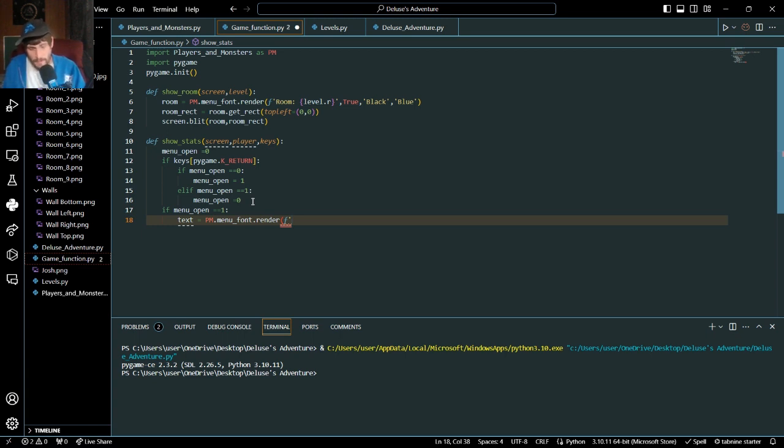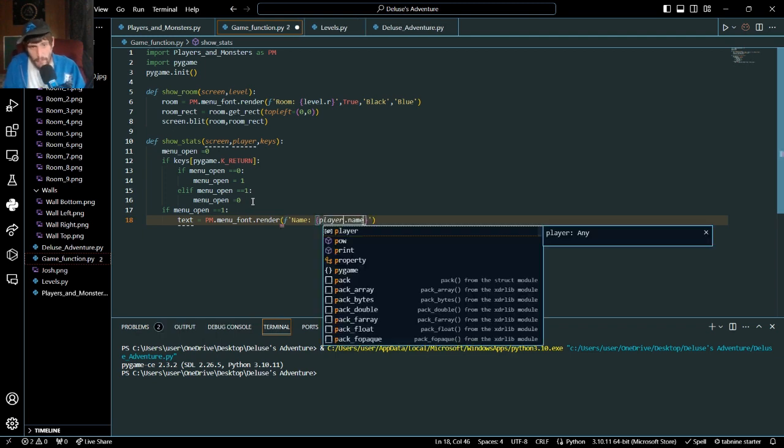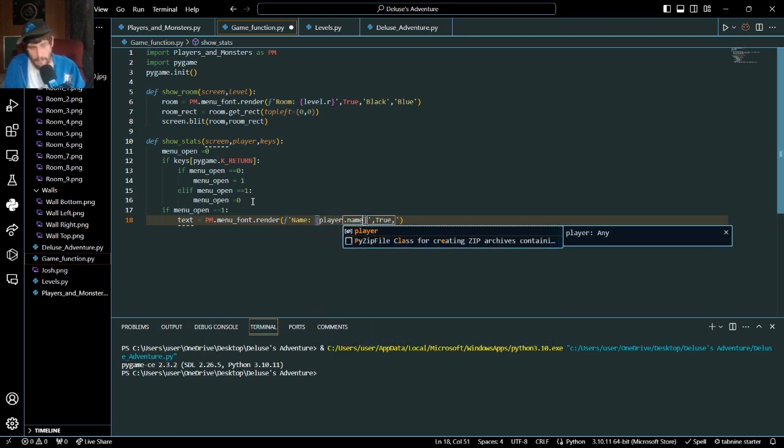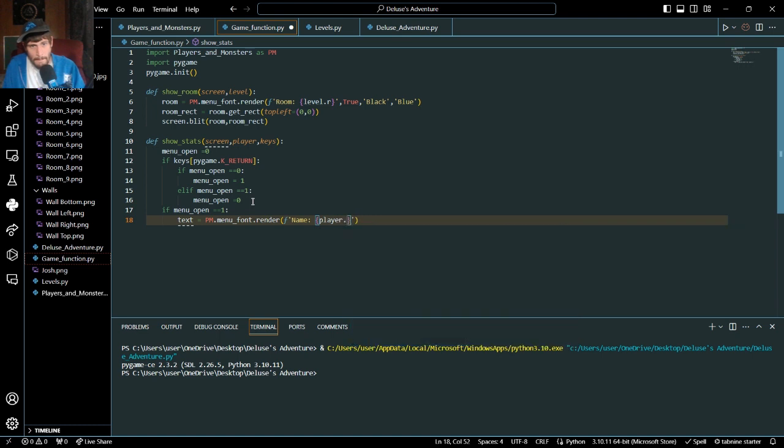Okay, and we do want that. We want to do what they call the F string again, and we want to go name of our player is player name, player dot name. Okay,